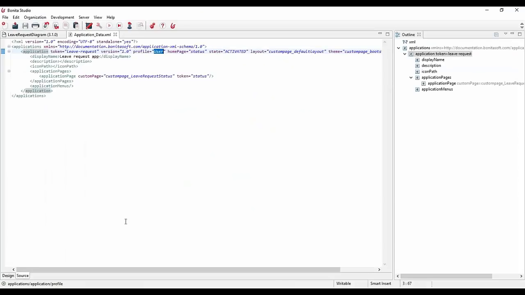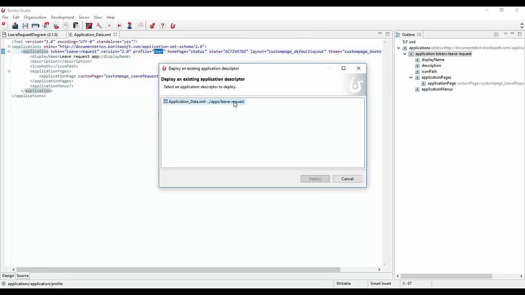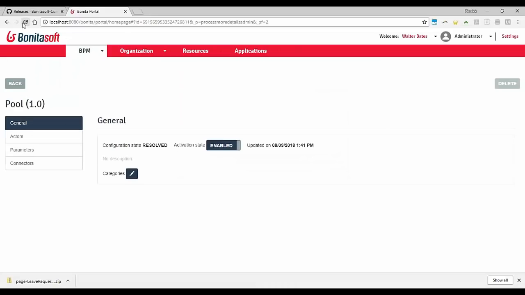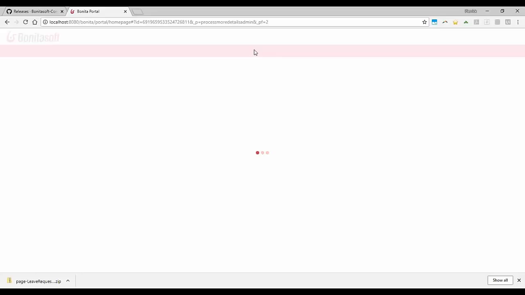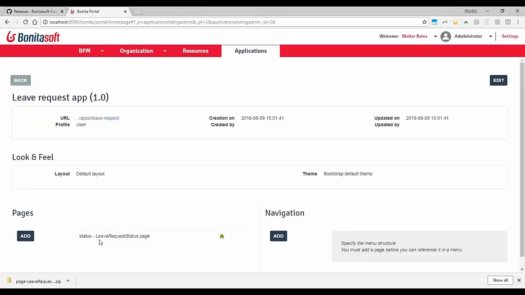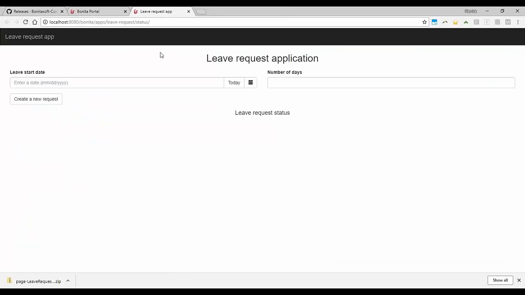I need to redeploy. Give me 1 sec, I'm doing that. Up, deploy, okay. So here now, when I go to applications, I should see in the description that I have this page, and you see this page is here. So now you have what we call the living application. This living application here is based on the page that I just exported from the UI designer and that I have imported as a resource of my platform.